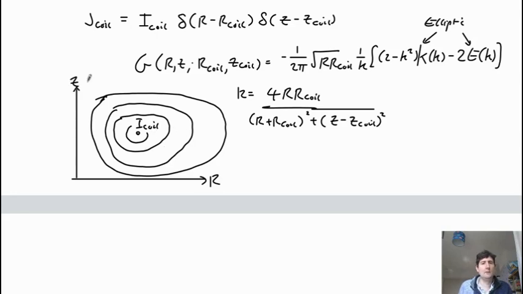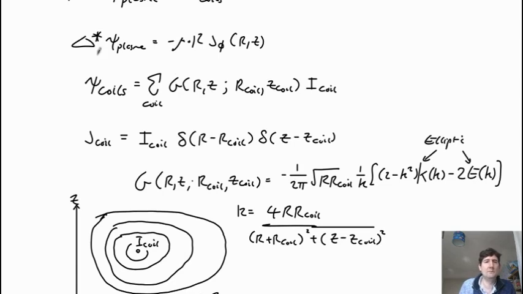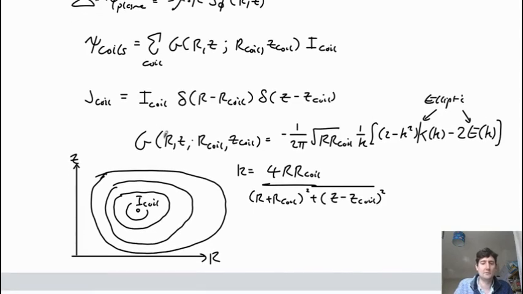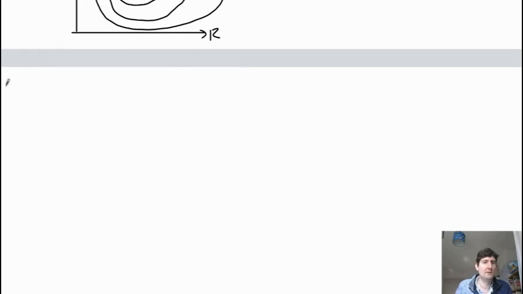outside. So this provides a way of calculating the current in the coils and the magnetic field due to the coils. And by combining it with the solution to the Grad-Shafranov equation, we can find the total magnetic field. And then by adjusting the currents in the coils, we can find the solution that we want based on the constraints. So the overall structure looks like this.